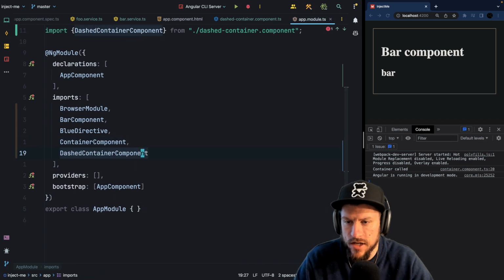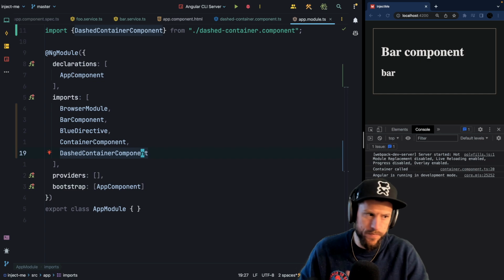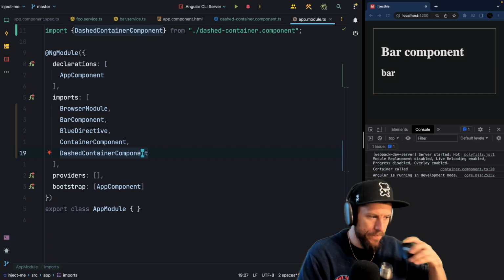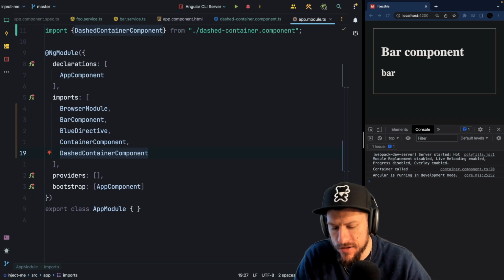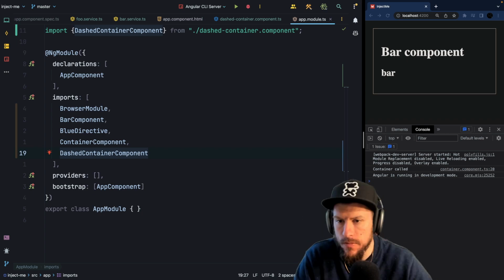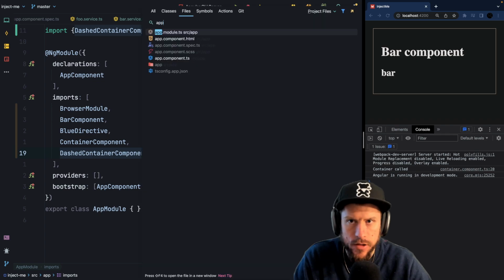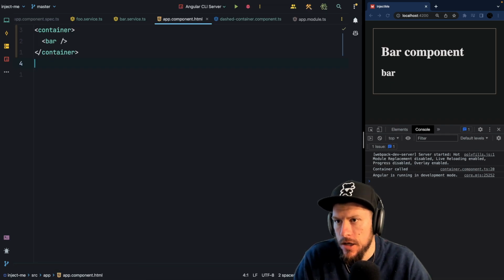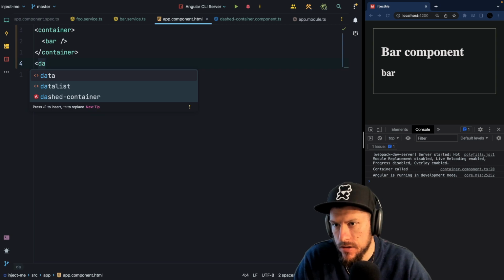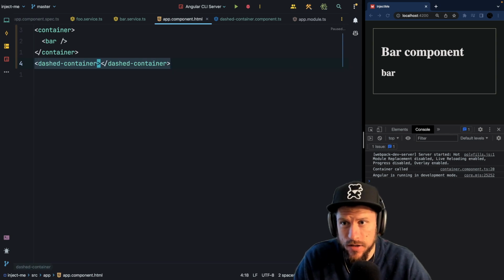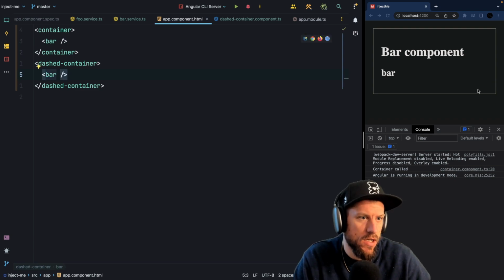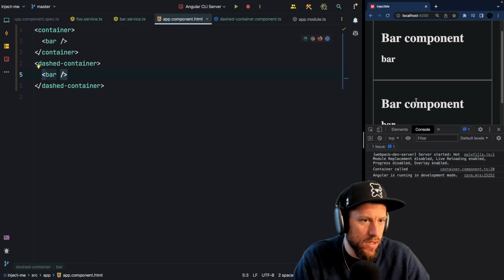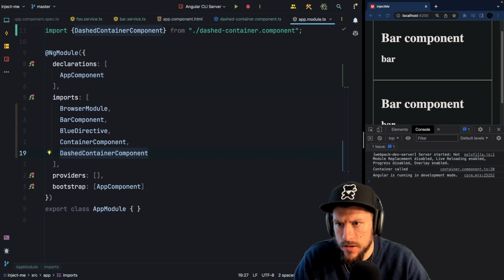So dash container component. So we successfully registered the dashed container component. Now let's go to our app component HTML, and we also use the dashed container. And now we want to use bar inside the dash container. So what's happening is, let's also